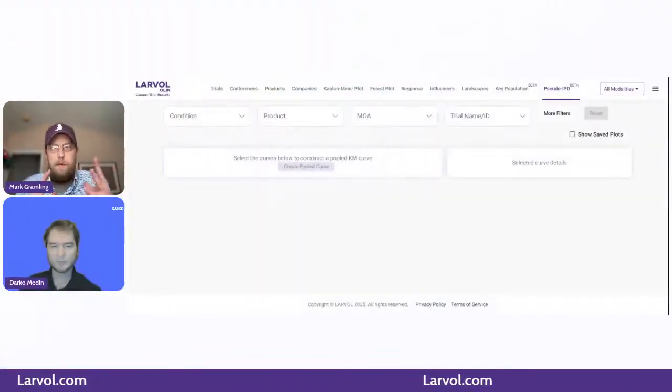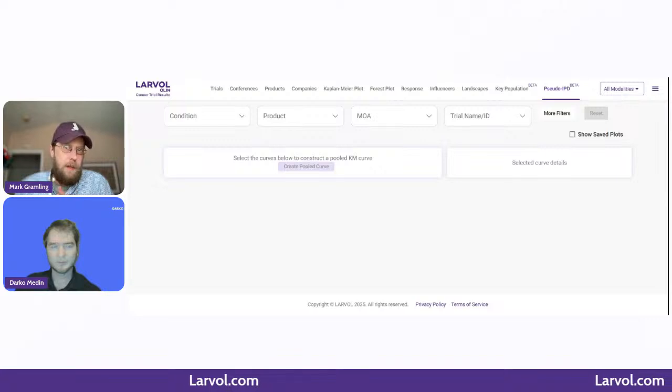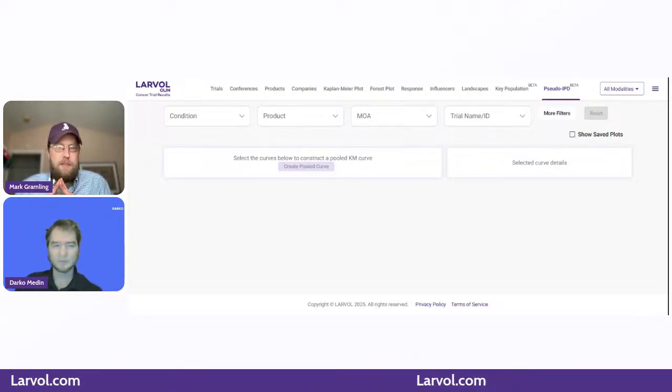That's an element that's visualized in the CLIN platform and used by a lot of our customers to look at trials. But another element that we've made a lot of progress on recently is also having the at-risk data, or at-risk tables as they're commonly represented in publications.